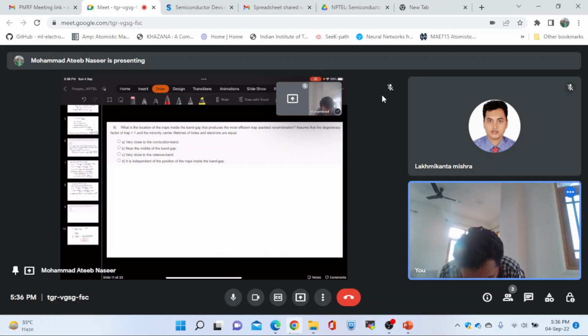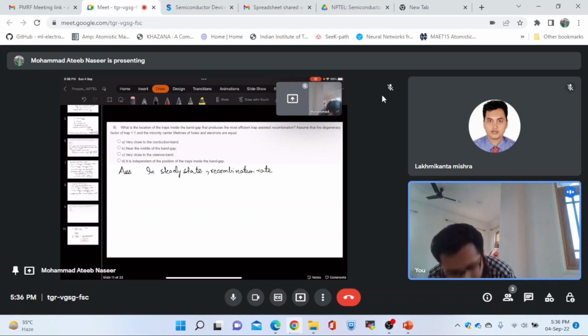Now we have been told to find the condition for the maximum efficiency of trap assisted recombination. If I simply write the recombination rate in steady state, let us write it down like this. In steady state, the recombination rate is simply given as, as has been clearly taught by our professor, n into p